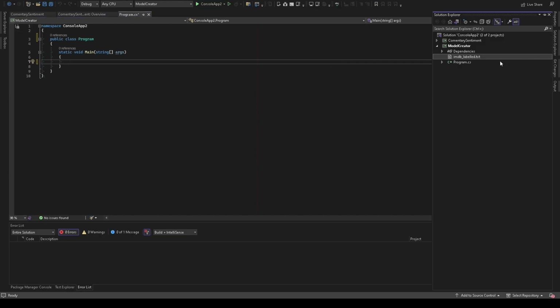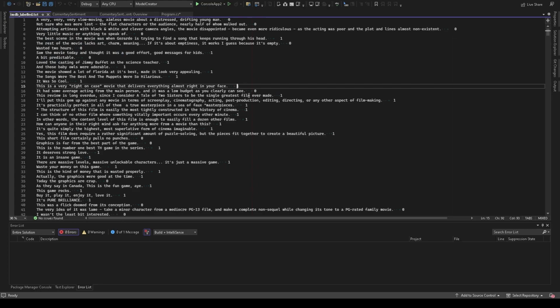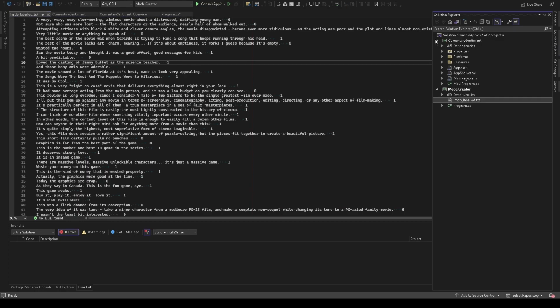We have two projects. The first one is a console application. In this console application, we have a dataset which was taken from the Microsoft documentation. In the dataset, we have commentaries from IMDb. The commentaries are either positive or negative. If they are positive, the value is 1. If they are negative, the value is 0. The other project is a typical .NET MAUI application, but we will look at this later in the